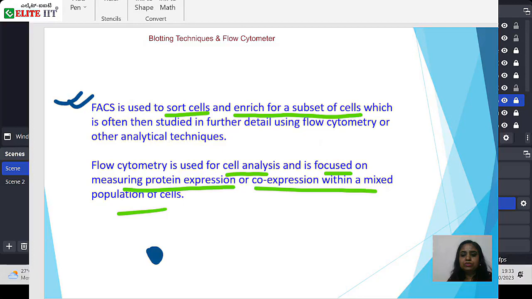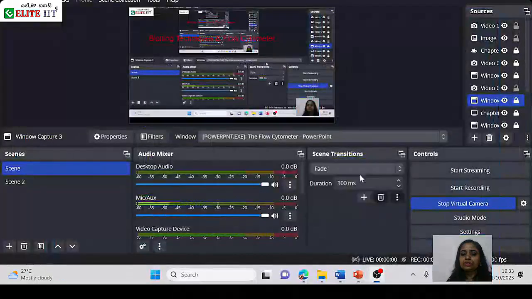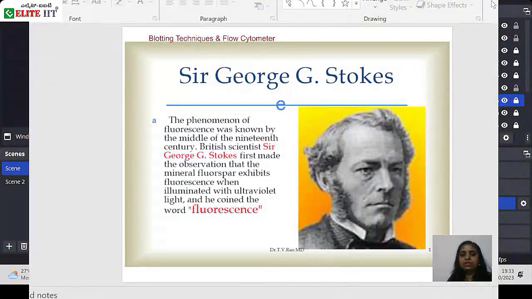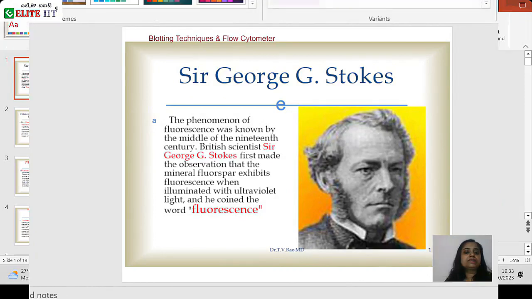Flow cytometer blotting techniques. Why is it not showing? I don't know. It is not showing. Don't save. Yes. Oh, yes, it is visible. I have it. It is visible, right? See, in this case,